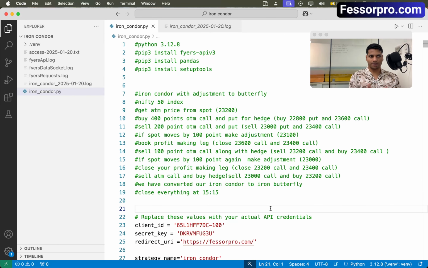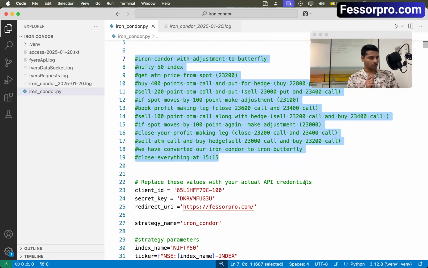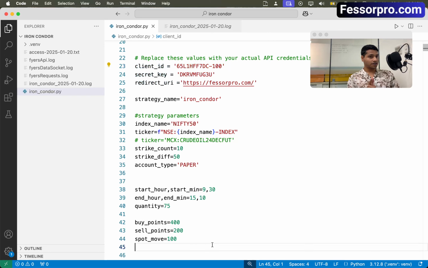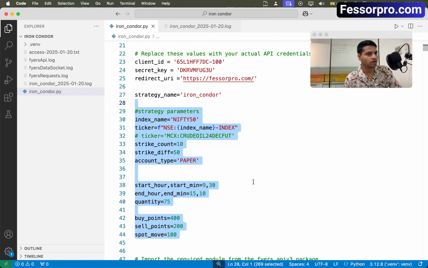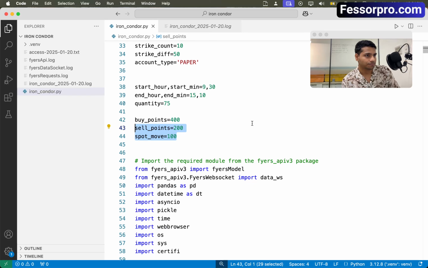Let me just quickly summarize what I've covered. First, I've installed Python. You have to install Python 3.12.8. Install all the packages. Understand the strategy; it's better if you know what you're doing. Change the credential, whatever your credential is. Don't use my credential. Then after changing the credential, you can change your parameters: which instrument you want, what should be your buy point, what should be your sell point, all those things you have to change. After changing, when you run this code for the first time, you have to verify yourself,